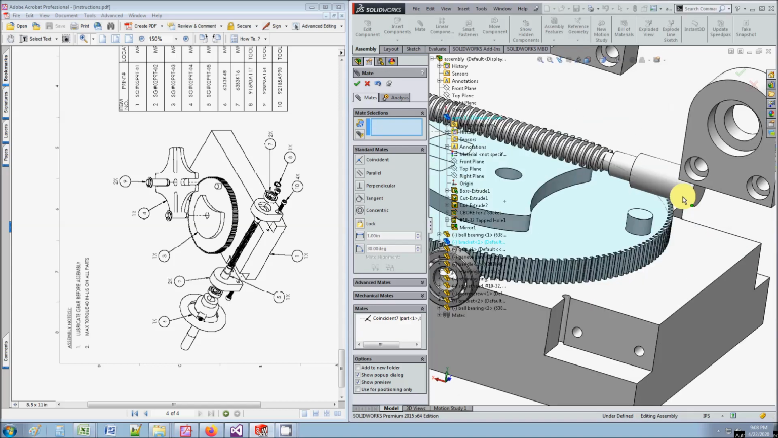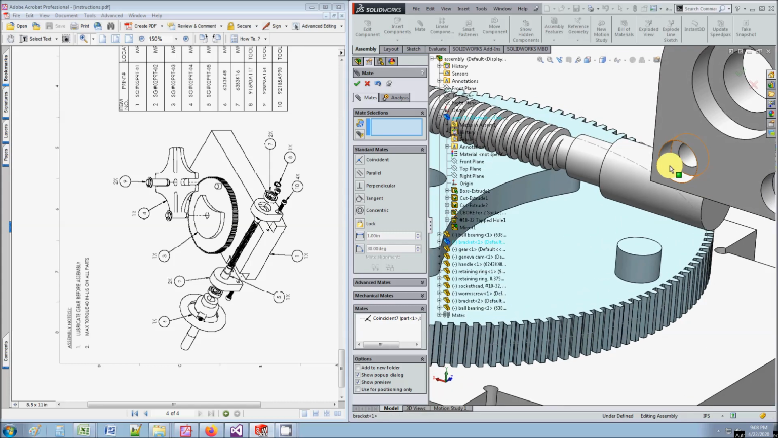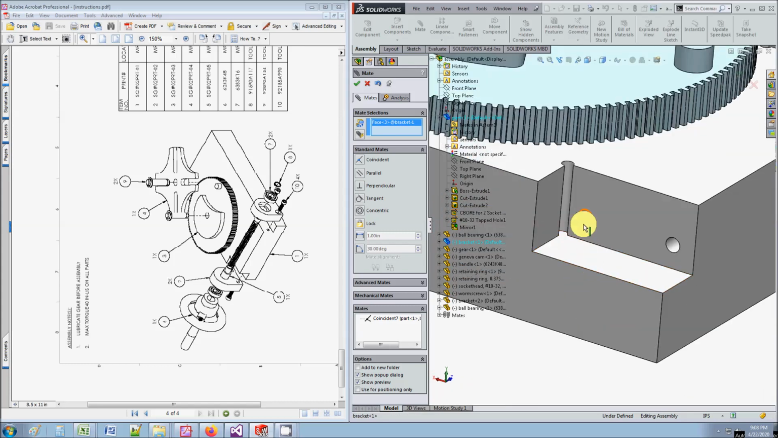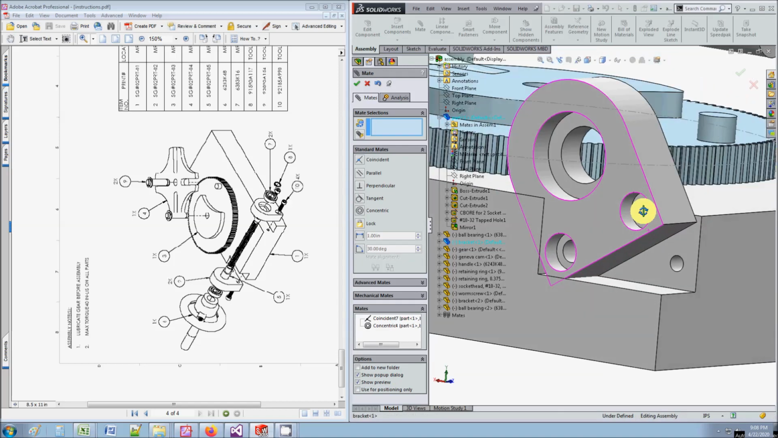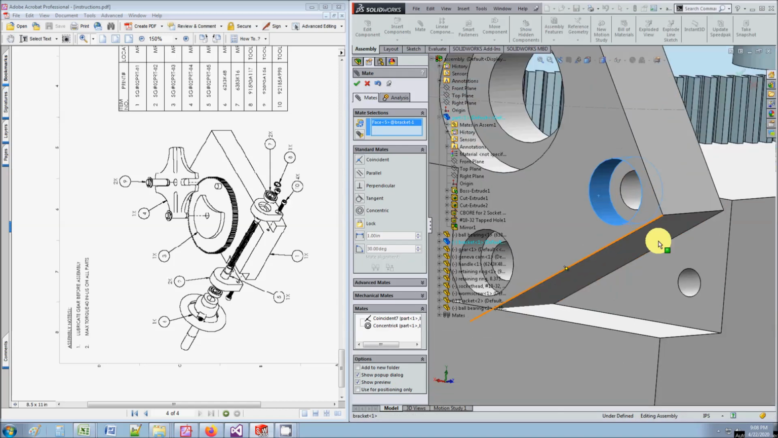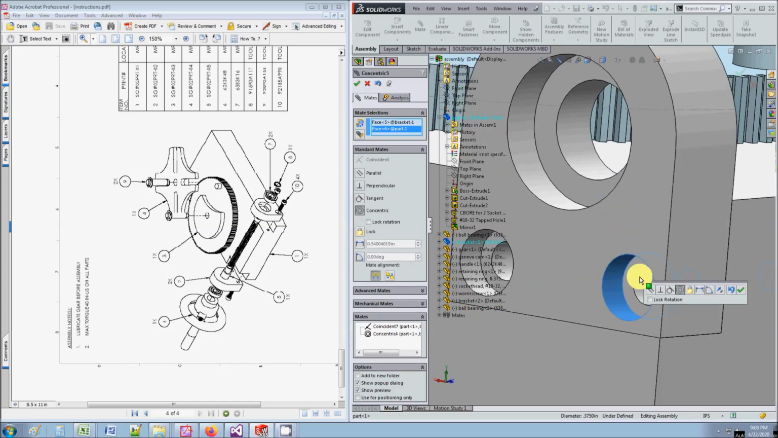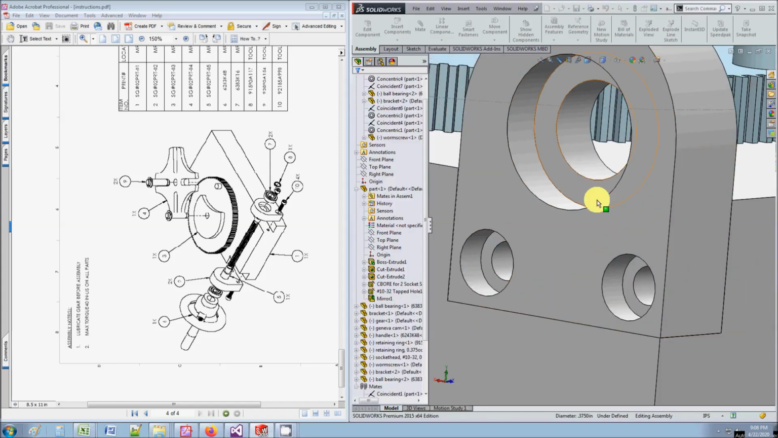I don't know if I went over this in a previous video, but when using these mates, mate these how you would mate them in real life. So you see how I'm mating this against this? I'm not mating this against that, because in real life this is not what's holding this thing down. It's the bolt that's holding it down. So mate the piece like it would be